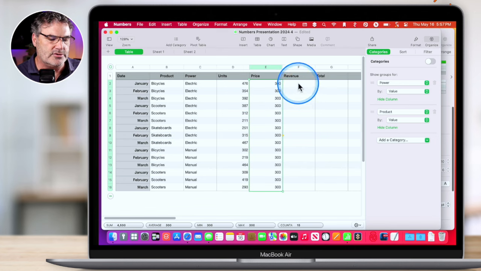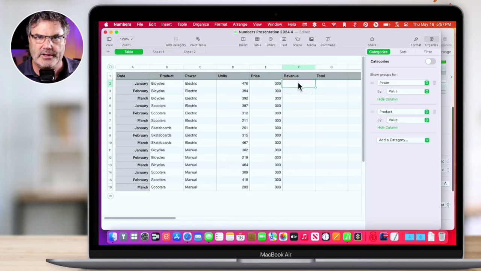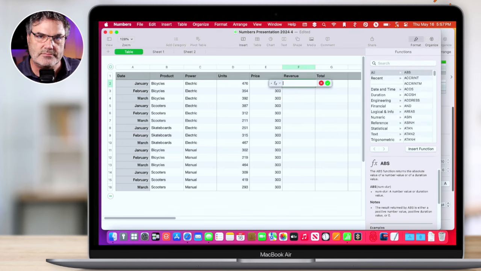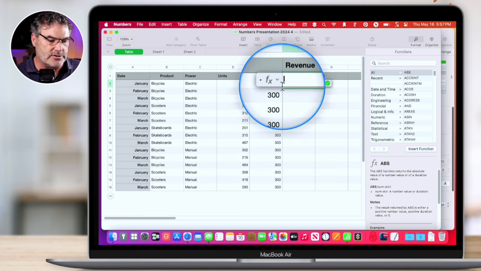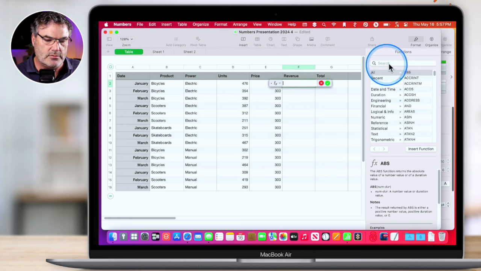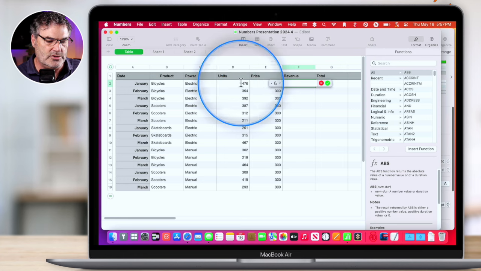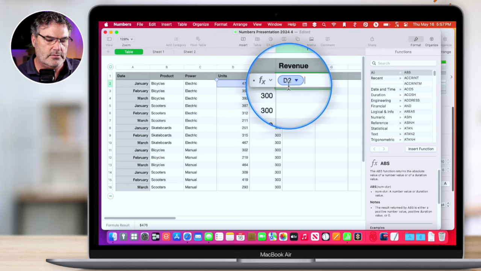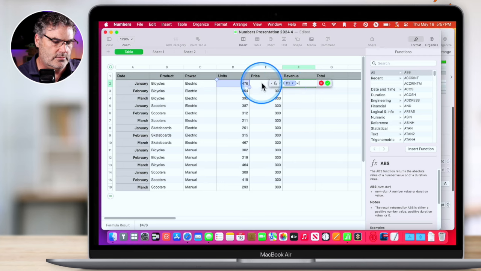And now what I need to do is figure out the revenue. So the revenue is going to be this times that. So how do I do that? Well, essentially, to enter a formula, you hit the equal sign. So this cell equals what? And then from here, you're going to see we have this little pop-up, and over on the right, we have all of our different functions. We're just going to keep it simple right now. This is going to be this unit here, so it puts it in there, times the price. That's it. And when I hit return,